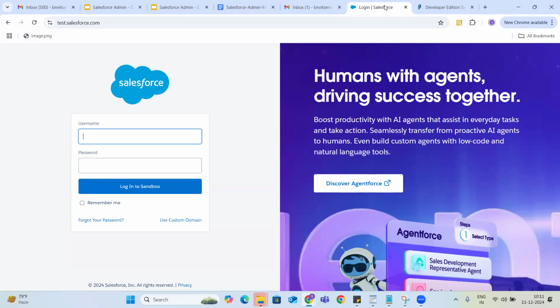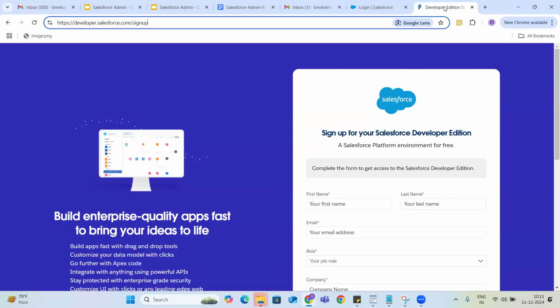But now I don't have any user access. I haven't purchased any. We are at the stage of learning, and I want to see how the platform works and what the advantages are. Will it be helpful for my business or not? That is the trial I wanted to do. For that purpose, we can create a developer sandbox. This is the free sandbox for us, guys.